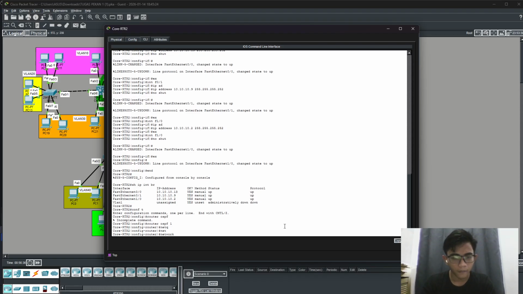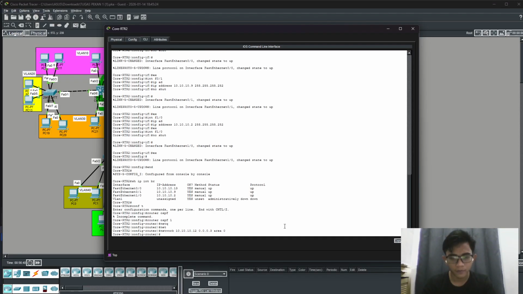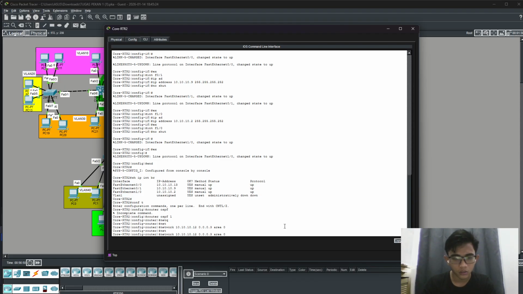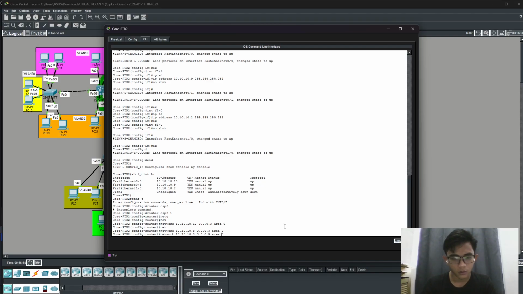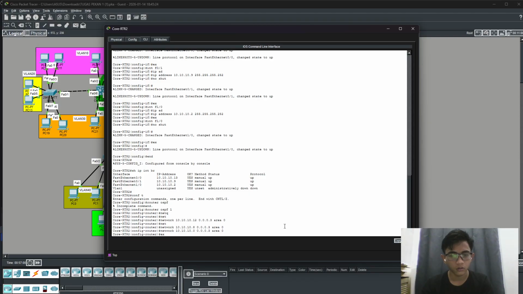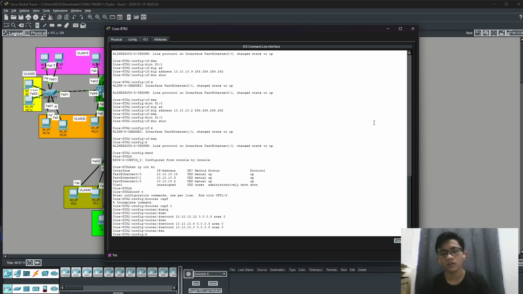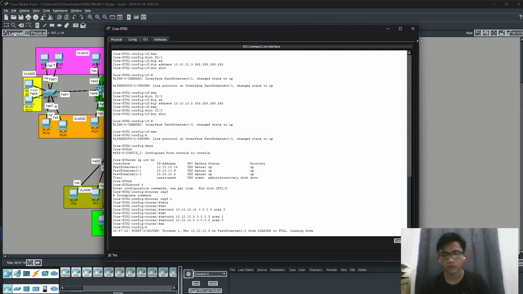Network is 10.10.10.12, wildcard 0.0.0.3, and area is 0, and again network 192.168.8.0, area 0 here. So finish, exit.